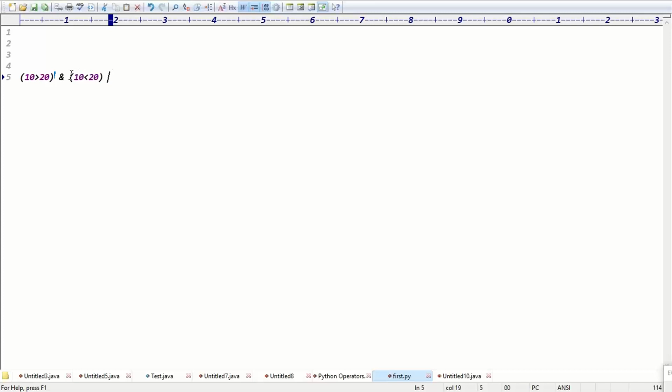No, sir. If the first one is false, there is no use of executing the second condition, right? Exactly. But in bitwise operators, it will check both conditions, and only then will it decide the result. It will check the first condition, then the second condition, then give the result, right?